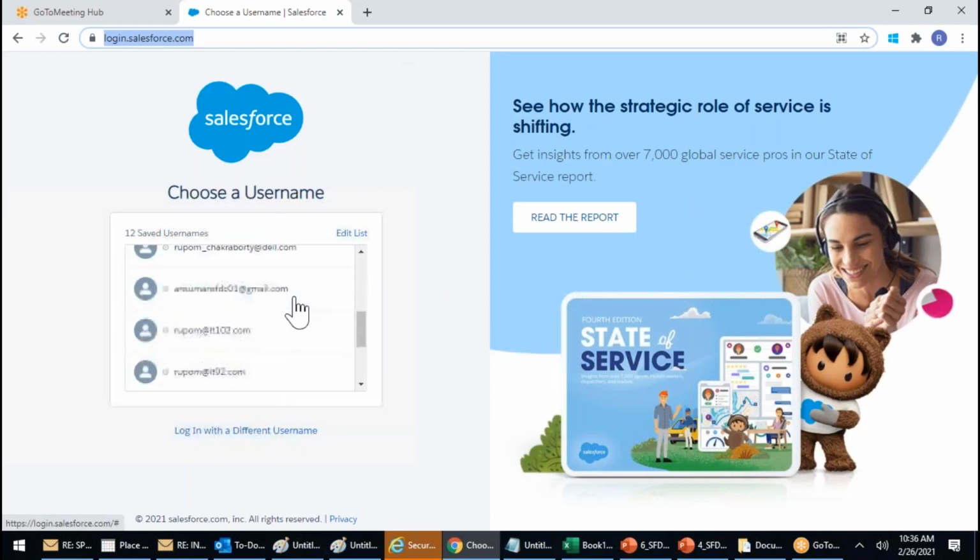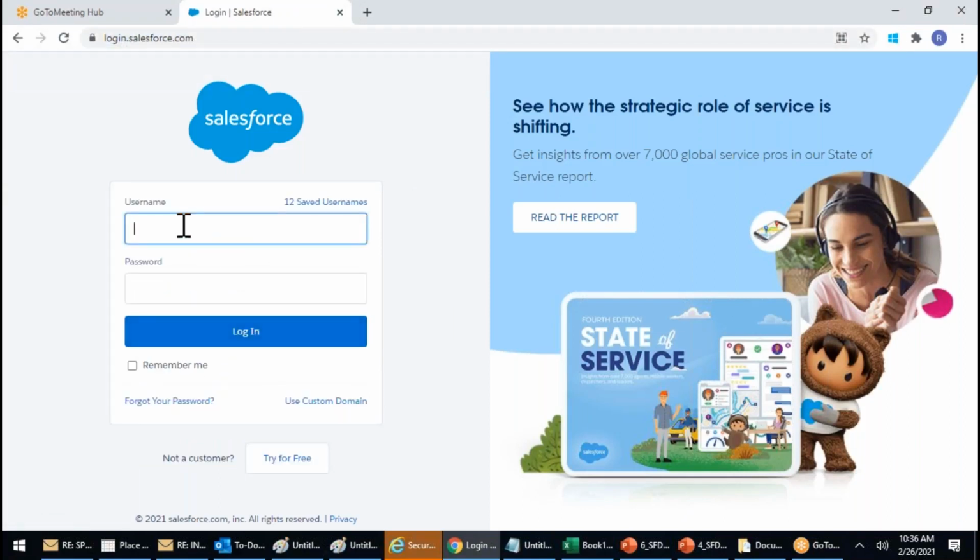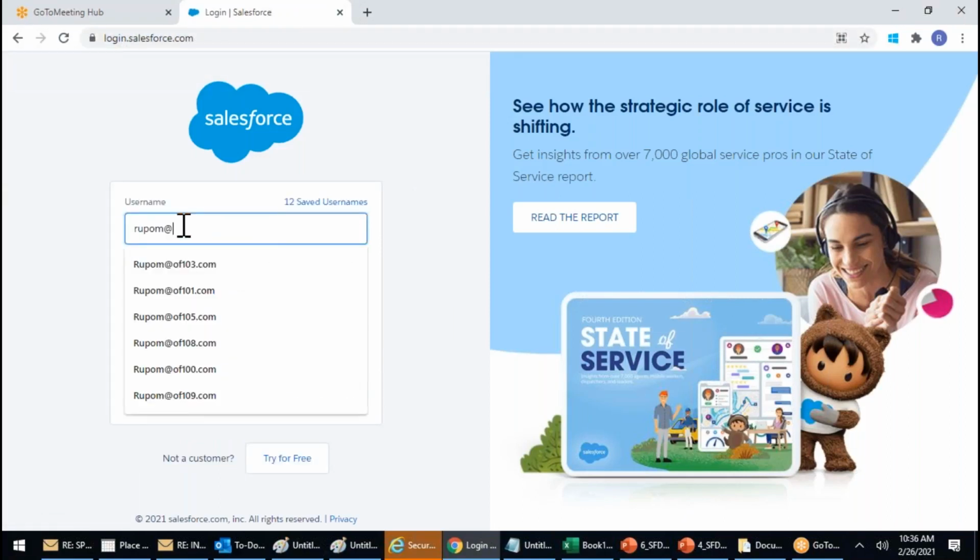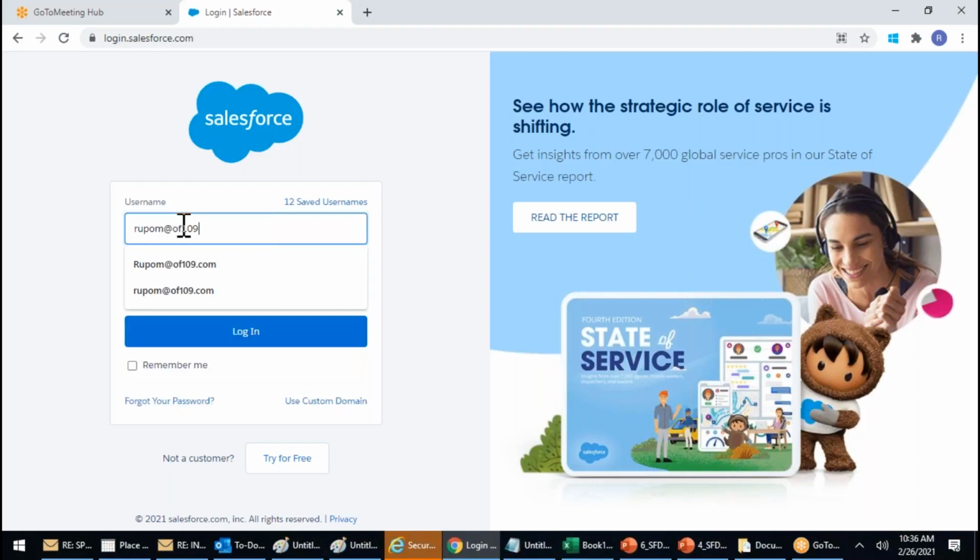Now let's go ahead and do it, right? I say, right, Rupam. @of109.com, password CRM